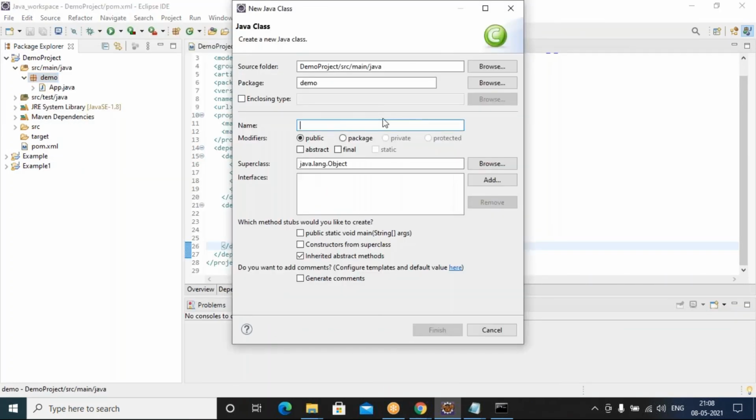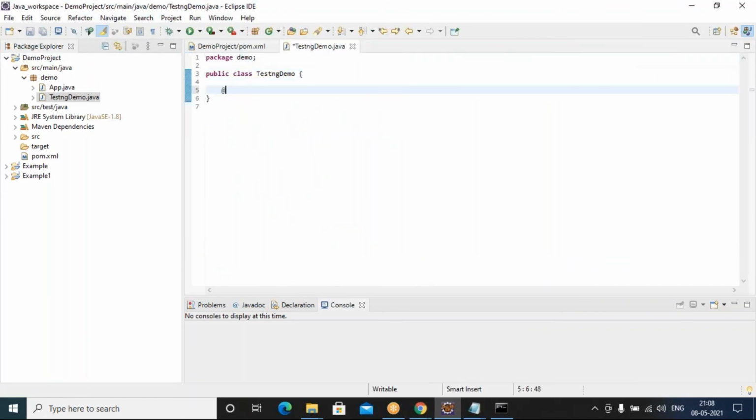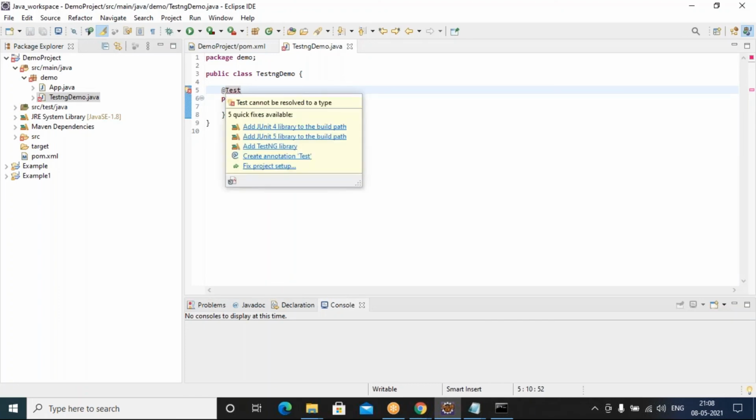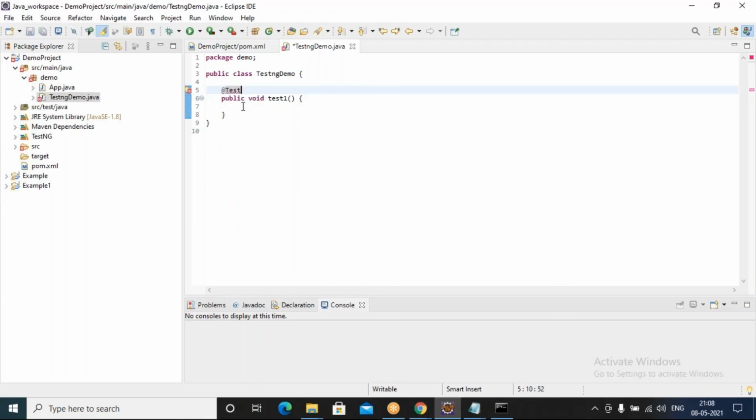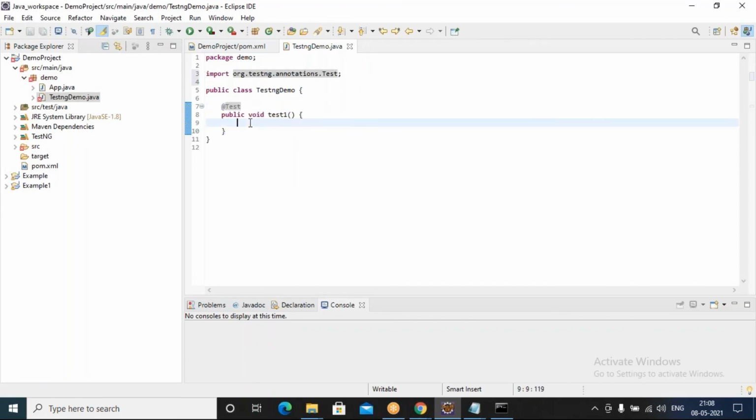I will create one class, call it TestNGDemo. So I'm going to put some tests here. I'll take public void test1. I want to call it a test, so I need to import the library. Add the TestNG library. Once you add this TestNG library, you can import the required annotation.